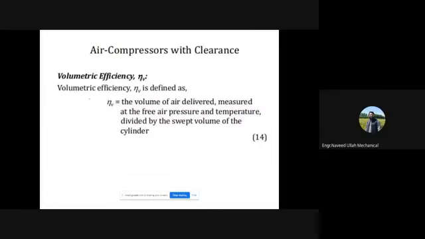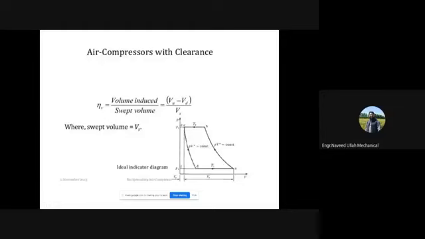Volumetric efficiency is defined as the volume of air delivered, कितना वॉल्यूम जो है ना ये डिलीवर करता है, measured at the free air pressure and temperature divided by the swept volume of the cylinder, कितना वॉल्यूम जो है ना ये डिलीवर करता है और कितना जो है ना ये स्वीप करता है, यानी लीकेजेस को, बेसिकली वॉल्यूमेट्रिक एफिशिएंसी लीकेज को इनकाउंटर करता है, ठीक है, कि कितना स्वीप किया वॉल्यूम को, ठीक है, how much volume is swept and how much it is delivered, okay। तो इनका जो है ना आपस में जो रेशो है दैट इज नोन एज वॉल्यूमेट्रिक एफिशिएंसी, बेसिकली लीकेजेस को देखता है।